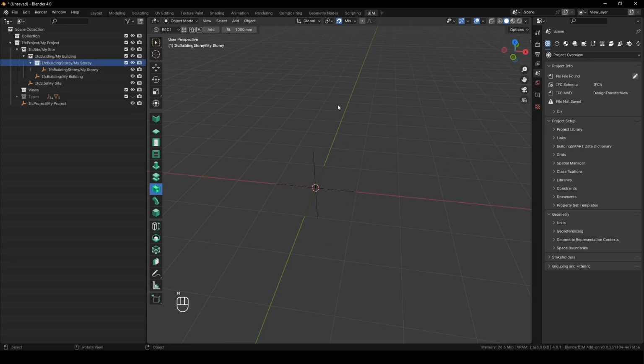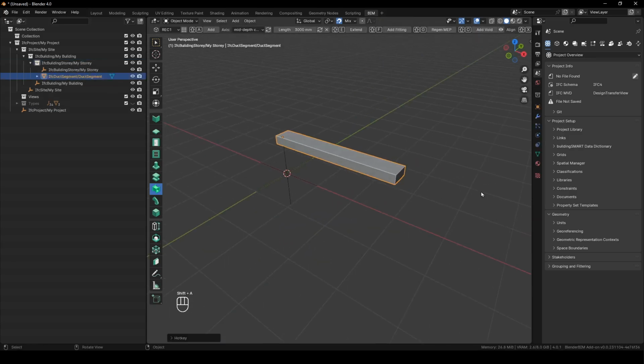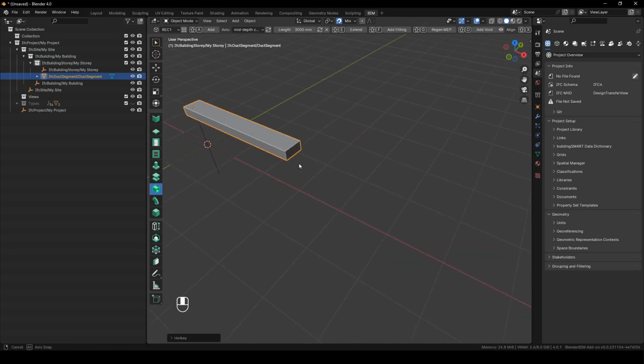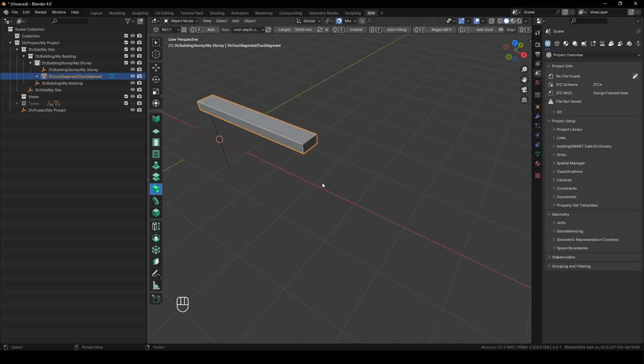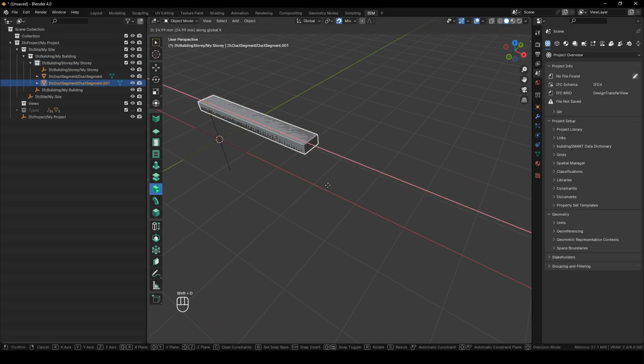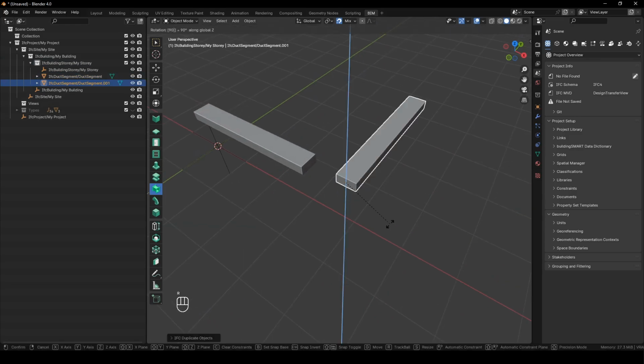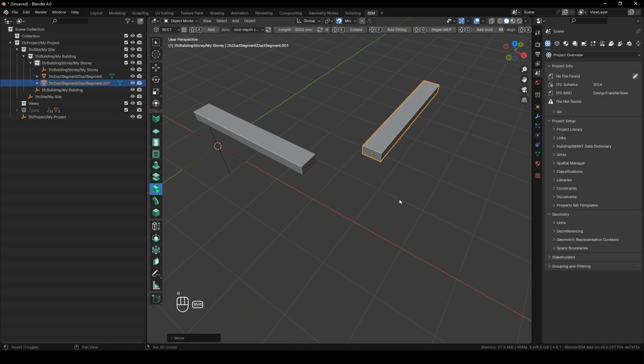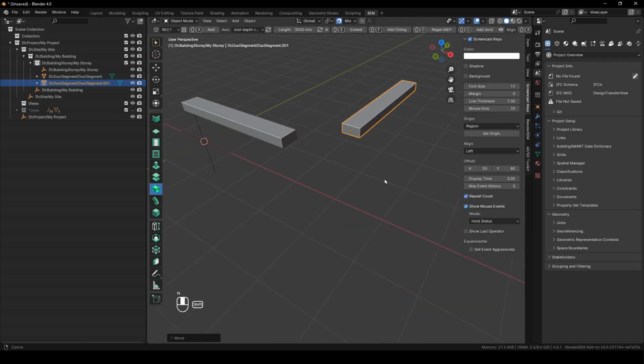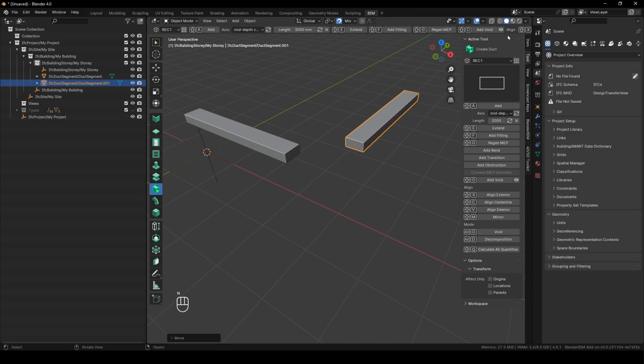We're just going to select the My Story and we say Shift A, and there it's been added. So what I'm going to do is add another one. I'm going to say Shift D to duplicate, bring it along the X-axis, and then rotate it 90, and bring it along the Y-axis. So press N, we're going to go to Tool, we've got the rectangle tool,